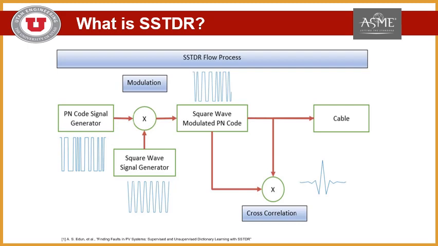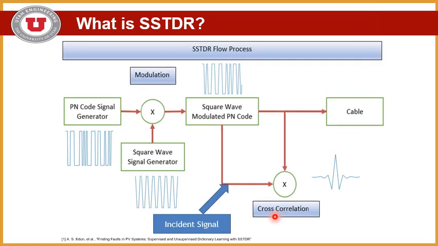First, we built a PN code, where the PN code is a pseudo-random noise signal containing +1 and -1, and then we upsample the PN code. Next, we modulate this PN code with a 48 MHz square wave. The SSTDR signal has a sampling frequency of 4 times the modulation frequency. Then this PN modulated square wave signal should be launched down through a transmission line. So as you can see in this part of the flow chart,